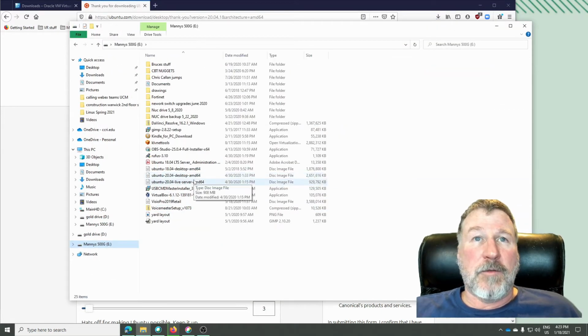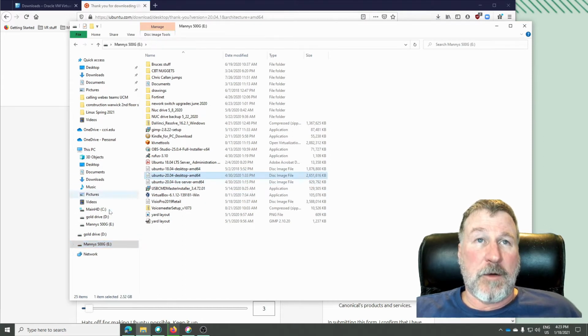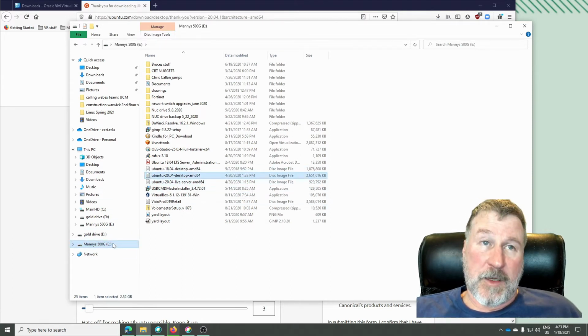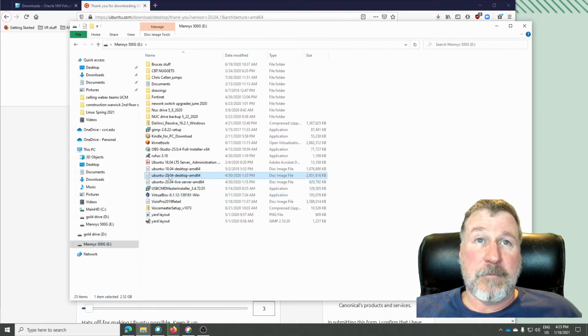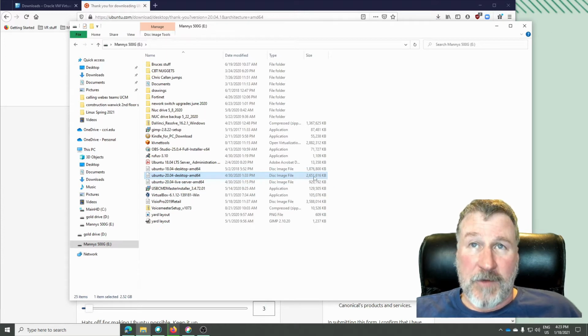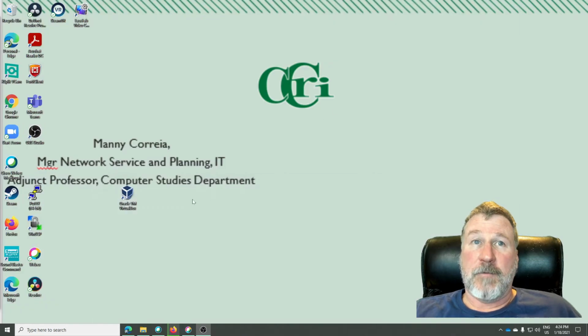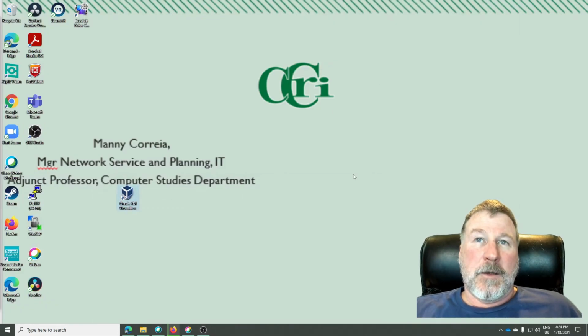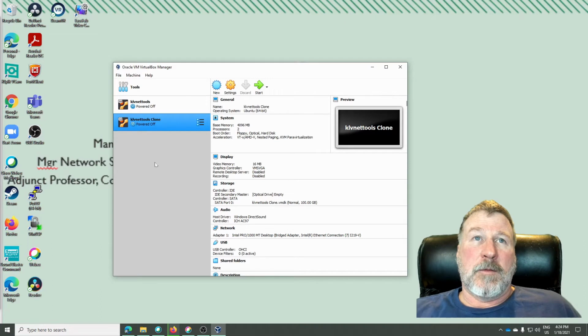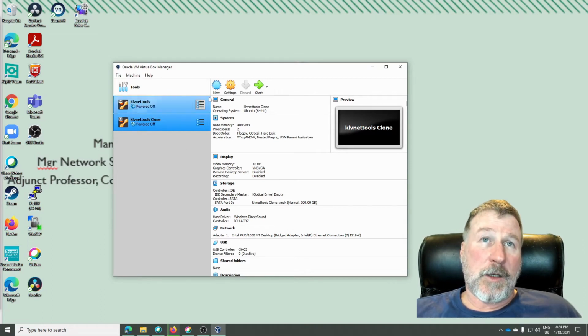So I have the 20.04 desktop version right here on my external hard drive. I have a 500 gig hard drive attached to my machine also. You can see it's a disk image file, which means it's an ISO file. It's 2.6 gigabytes. It's fairly large. So when we open up our hypervisor software, Virtualbox, you're going to see this window. These are two virtual machines that I have in there already. Ignore those. We're going to click New,